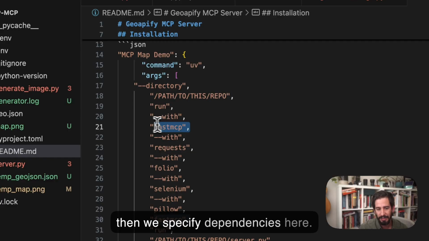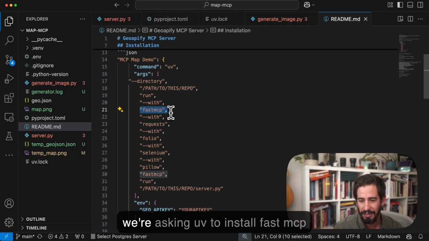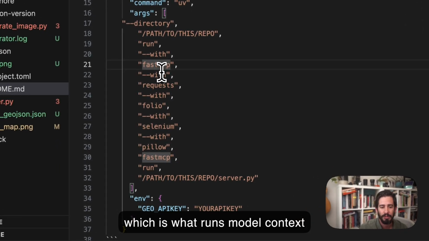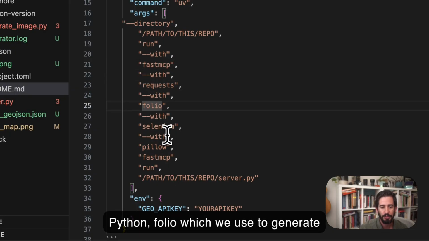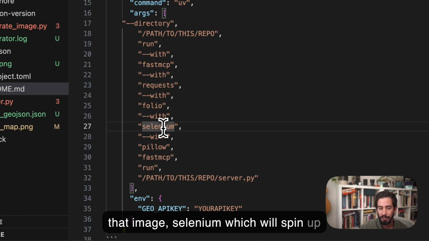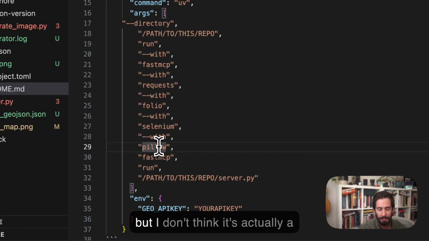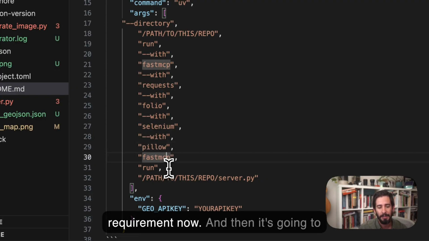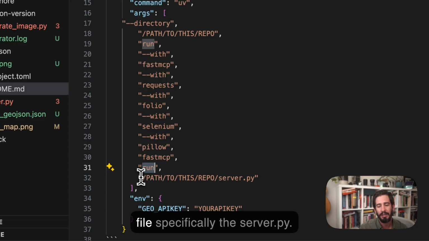And then we specify dependencies here. So each --with is going to, every time this gets run, pull in these dependencies if they don't exist. So we're asking UV to install fastmcp, which is what runs Model Context Protocol, the requests library for Python, Folium, which we use to generate that image, Selenium, which will spin up a web browser in order to create that map image, Pillow, which I used earlier, but I don't think it's actually a requirement now,